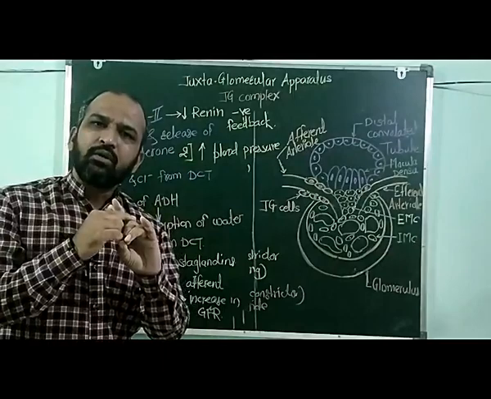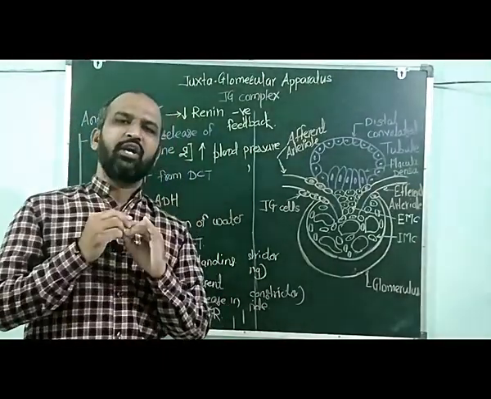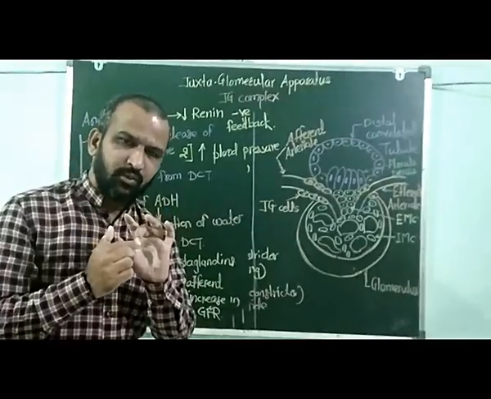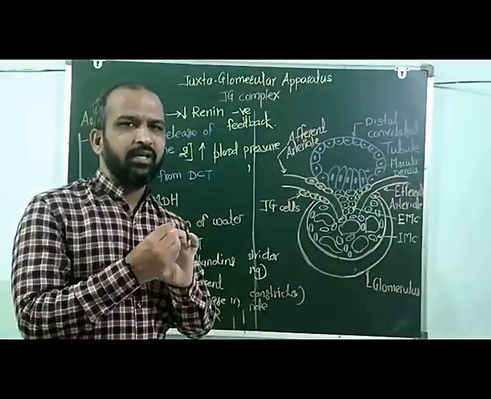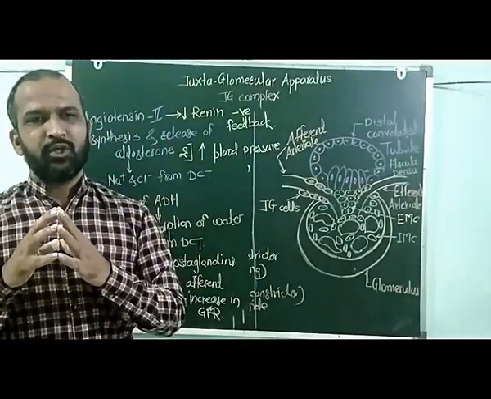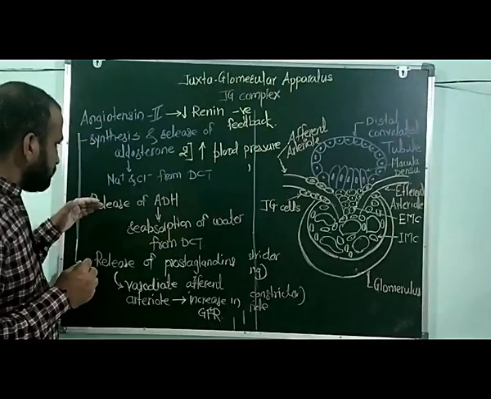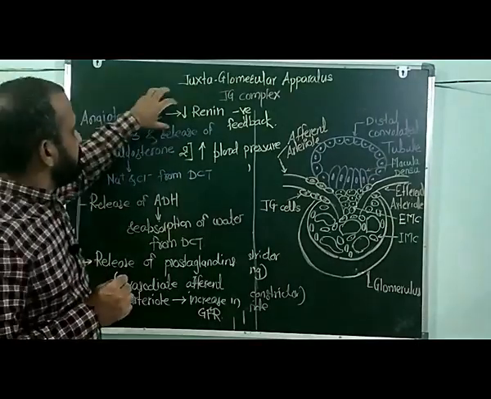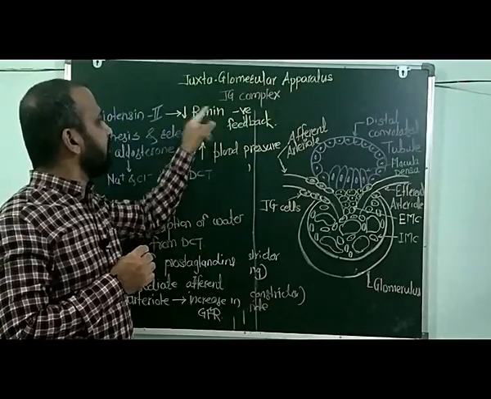The aldosterone is responsible for reabsorption of sodium and chloride from the distal convoluted tubules. ADH is responsible for reabsorption of water, while the prostaglandins are responsible for vasodilation of the afferent arterioles. Next point is, angiotensin causes the release of negative inhibition of the